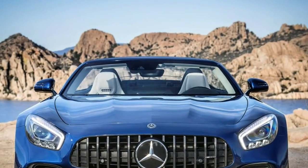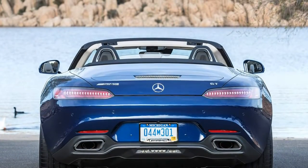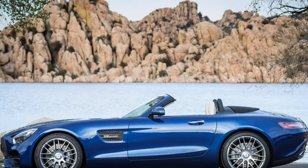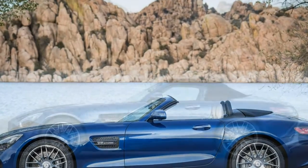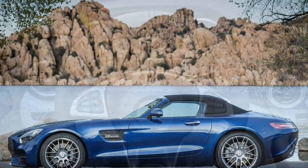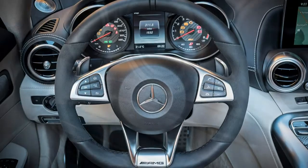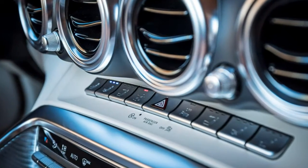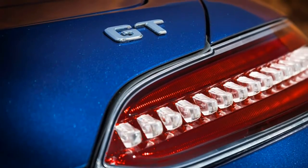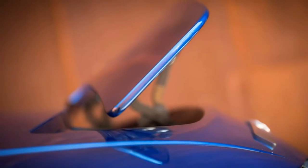Larger 20-inch wheels at the back. Burmester surround sound hi-fi system. Reversing camera. Keyless ignition. AMG performance controls. Red brake calipers. Active rear wheel steering. Electronically controlled limited slip differential. Adaptive suspension. You can choose from three colors for the top at no extra charge: black, red and beige, and